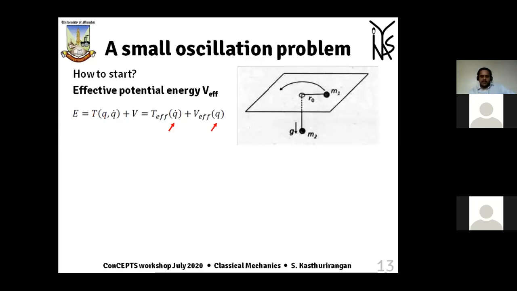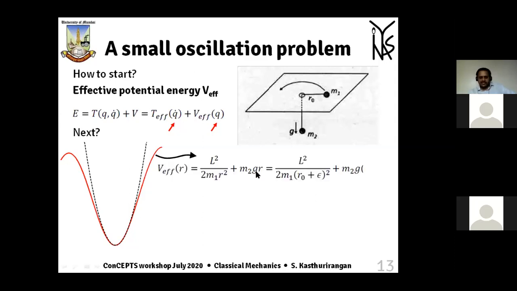Basically, in the effective potential you have got two terms. Let us only restrict ourselves to this part before the second equal to sign. This is the kinetic term, because you are already told it is uniform circular motion. Therefore, you assume that it is moving with L square by 2 m1 r square. Anyway, this is a potential energy term. Whatever else will come in the kinetic energy, you are not currently concerning yourself with. In the potential, you will get the centrifugal barrier term L square by 2 m1 r square, and the gravitational potential energy of the mass m2, which is m2 g times r.